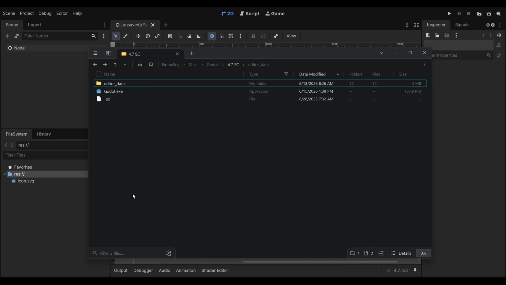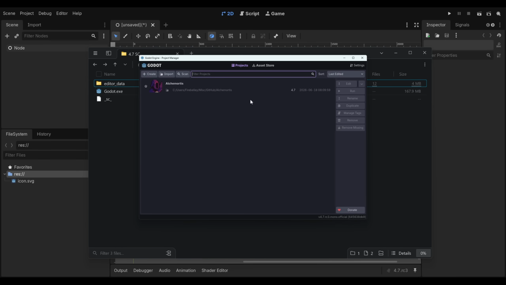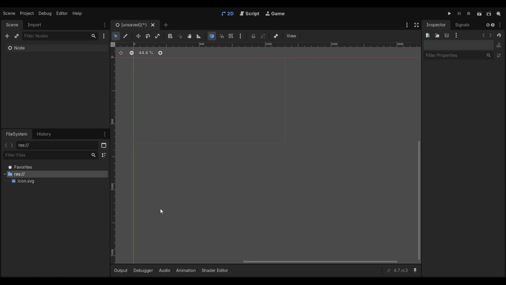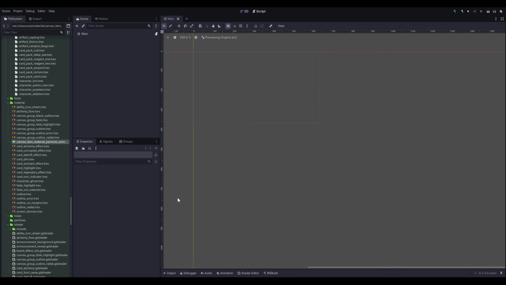If I don't run Godot in self-contained mode, I'll use my default Godot instance, which you can see here looks vastly different than what I'm showing you. So I've got two versions of Godot running. One is using the self-contained mode with its own isolated settings. And then the other is my typical Godot setup that I use for the development of my game Alchemortis,